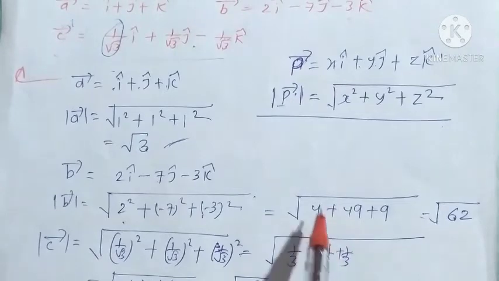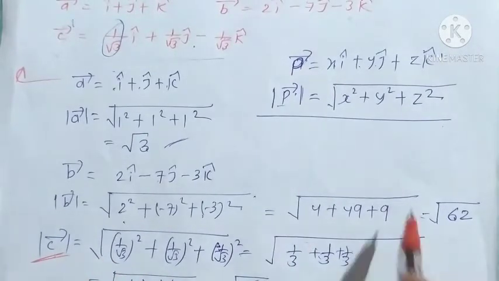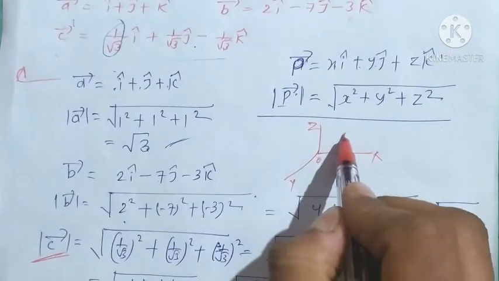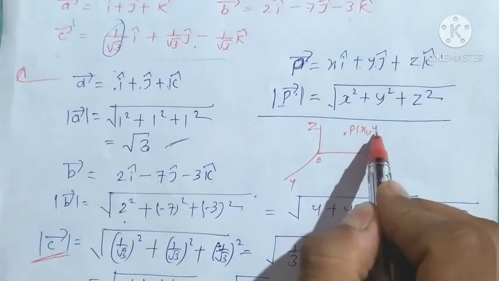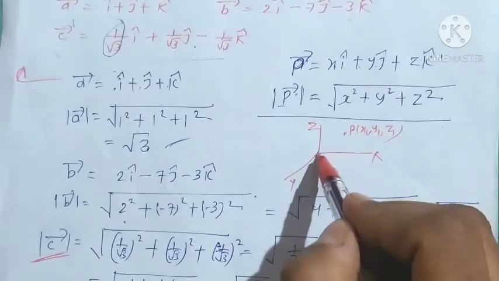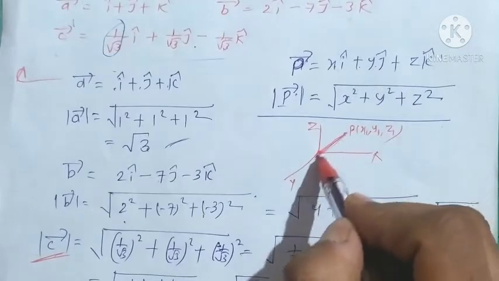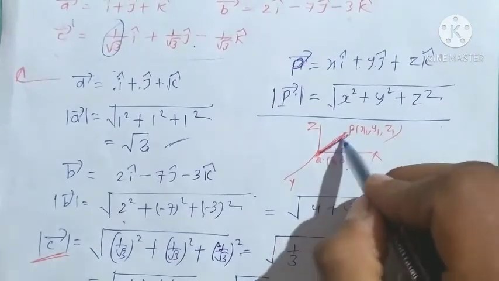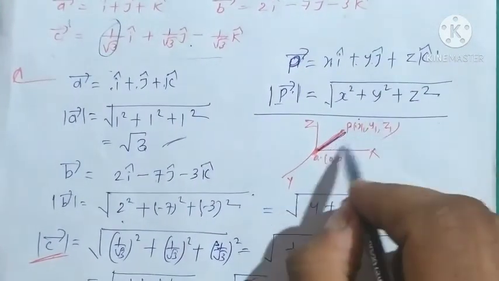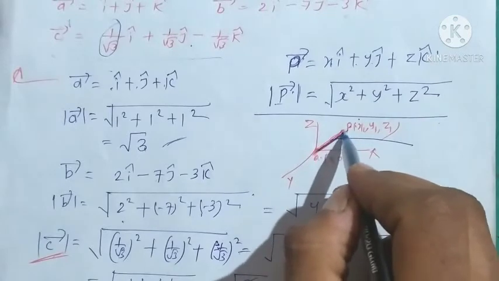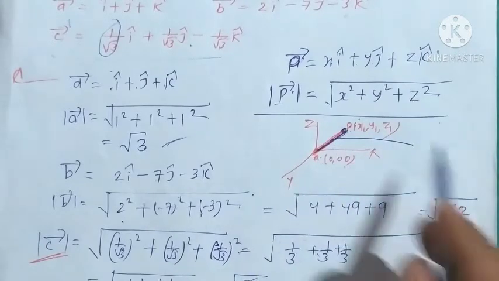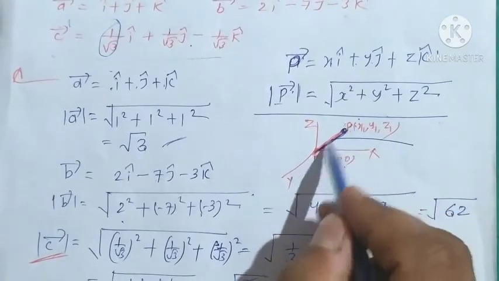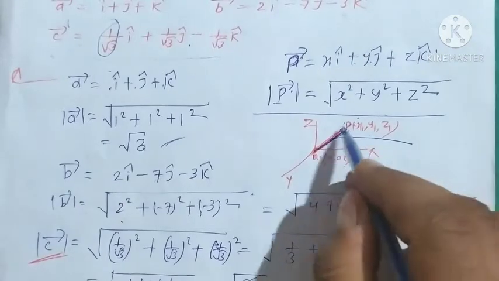So what is the meaning of this magnitude value of any vector? Here this is 3D geometry, with x, y and z coordinates. Suppose we take any point x1, y1, z1, the coordinates of this point, and this is the origin 0 0 0. Magnitude value means this length. We take any point, there are millions of points in the air, and the distance of this point from the origin is the magnitude value of that vector. Here you can see that it is OP.